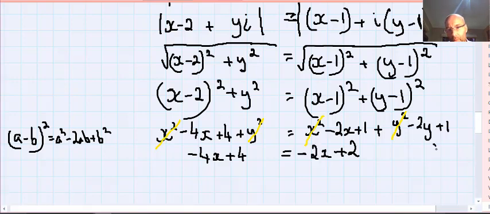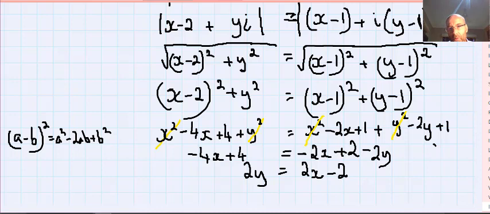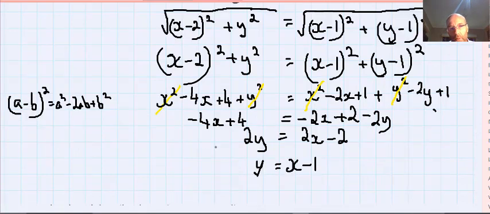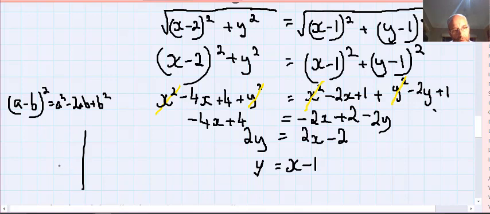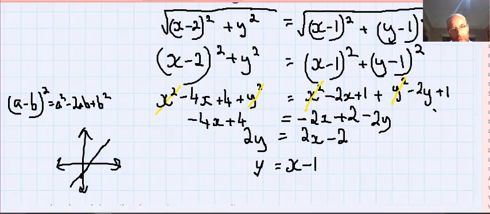I wrote x there before. It should have been minus 2y. So minus 2x plus 2 minus 2y. So we need to add 4x to both sides, so now we have 2x on the right hand side. We need to subtract 4, so we have 2y equals 2x take 2, y equals x take 1, and you'd be able to quickly just sketch that one using your knowledge